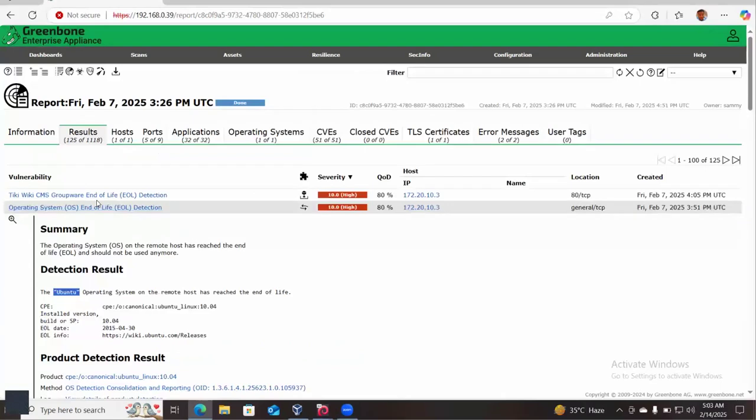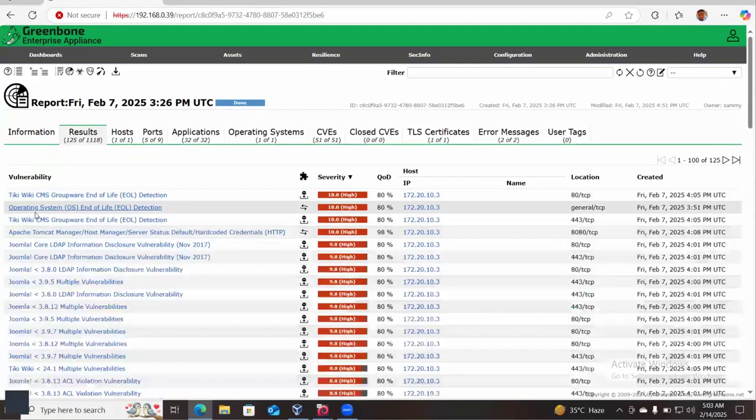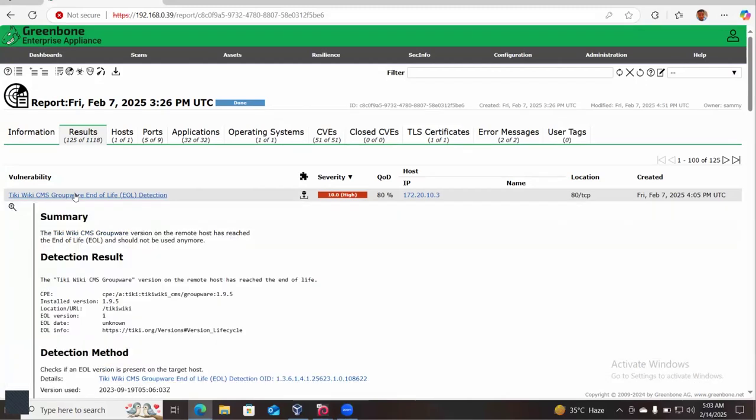So if I go to the first result here, we talked about the second result, and this second result is focusing on an operating system. And if I come to this first result, the summary says the TikiWiki CMS groupware version on the remote host has reached the end of life and should not be used anymore. It's telling you that the CMS groupware version on this particular OAuth has reached what we call end of life. So if you drag down,